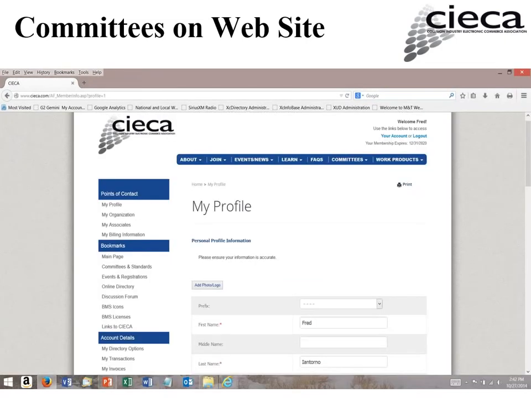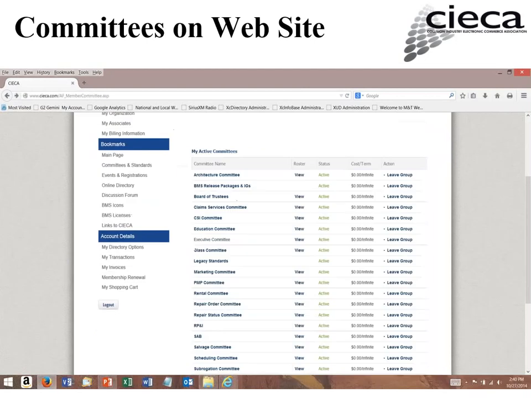If you're a CIECA member and have a login, there is additional information that you can view. If your company is a member and you don't currently have a login, email me after this CIECAs and I'll get one for you. After login, click the committee standards on the left navigation. You will then see a list of all the committees. The top contains,